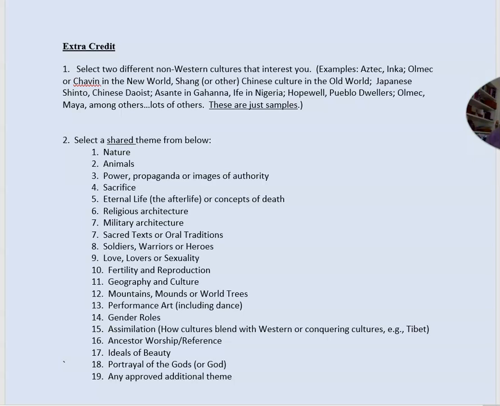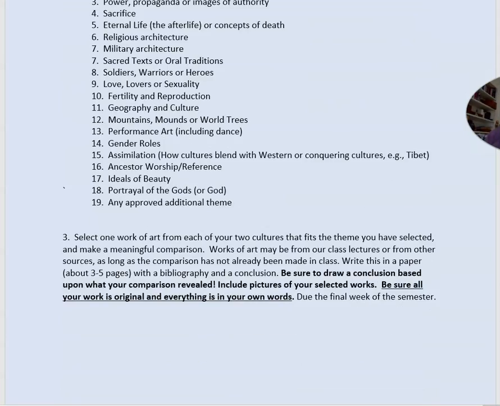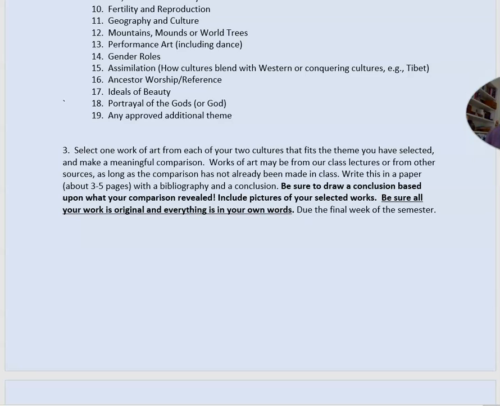The list is a long one, and in general, I think it provides you with a good opportunity to find something that might be easy to investigate in the 2 cultures that you've picked. Okay, then what I'm asking you to do for the extra credit is select one work of art from each of your 2 cultures that fits the theme you have selected. In other words, you're going to find a work of art displaying the theme that you have selected. Let's say it's an animal. That's not going to be hard to do. So you could get an example from the Aztecs, an example from the Inca,